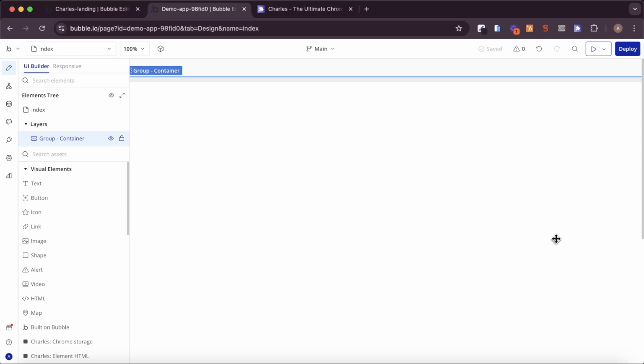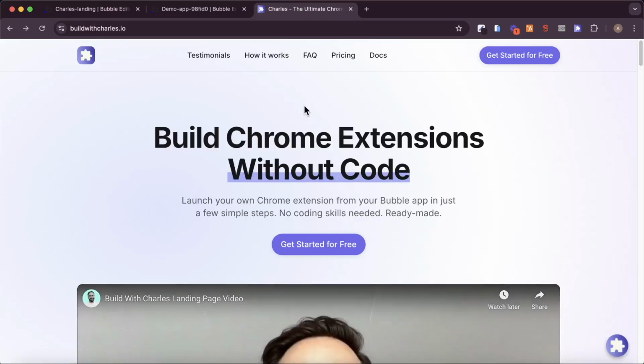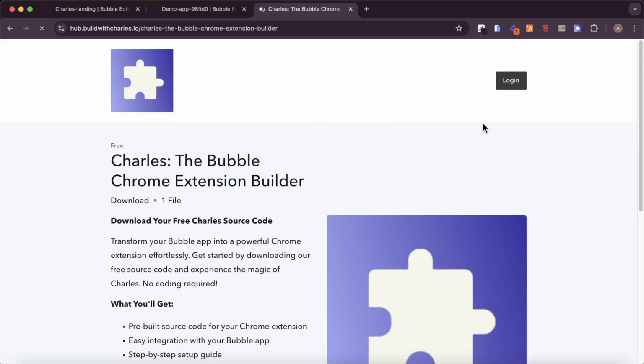Okay, I have a brand new Bubble app here, nothing on it just yet. And the way we're going to build our Chrome extension is by turning this Bubble app into a Chrome extension using Charles. And Charles is a way to turn your Bubble app into a Chrome extension. It has some source code, which you only need to make some tiny modifications to, and also a plugin, which we'll go through later. So if you go over to buildwithcharles.io, you click on the Get Started for Free button,